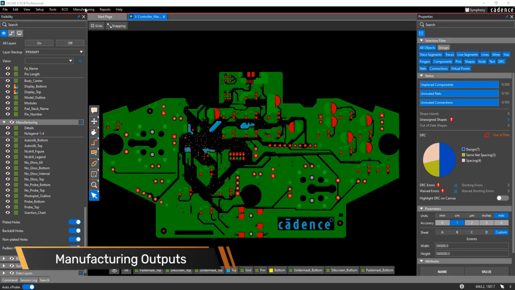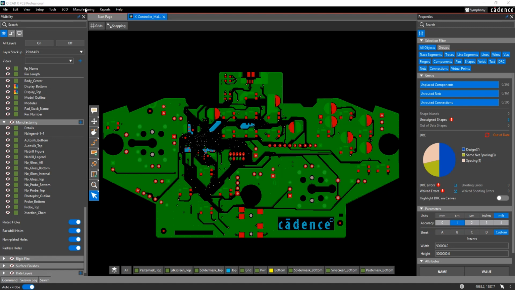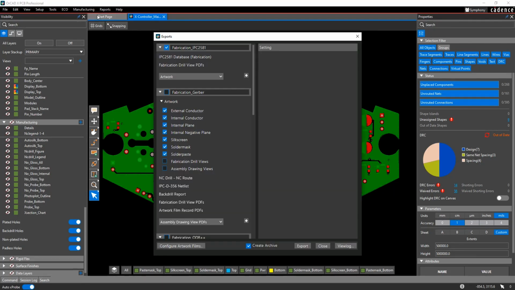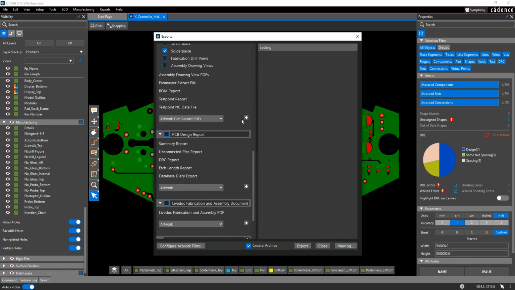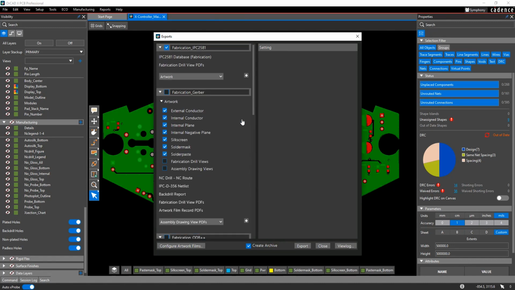Hi, this is John Carney, product engineer with Cadence, and this is a how-to video to generate fabrication and assembly data from OrCAD X. Under the manufacturing menu, choose Export to Manufacturing, and it will open up this form which is designed to allow you to generate all the different types of manufacturing and assembly data from your database in